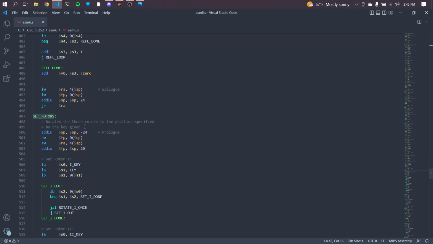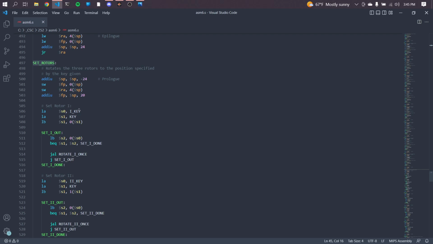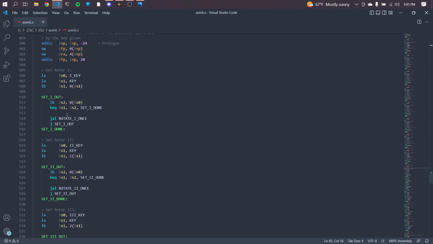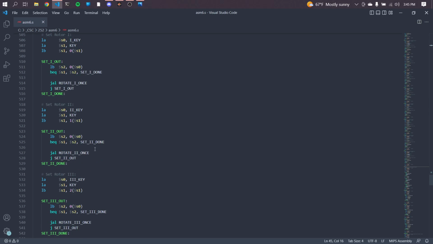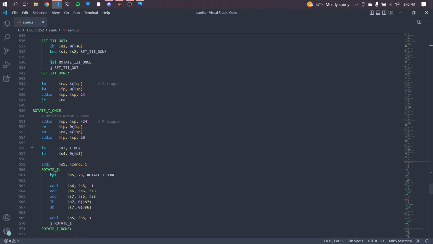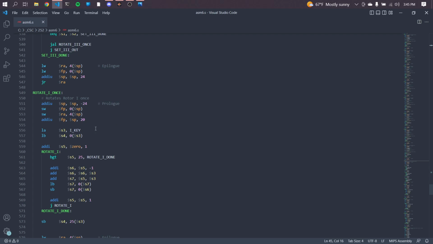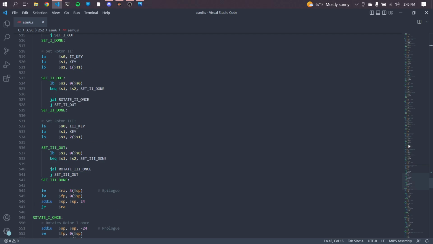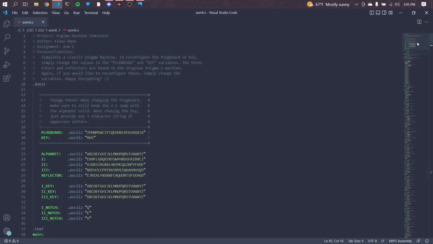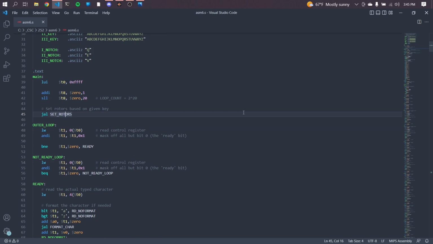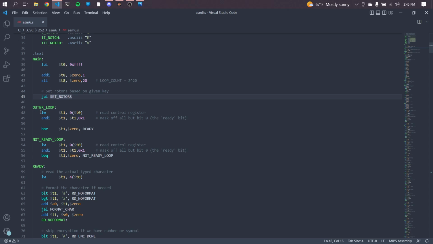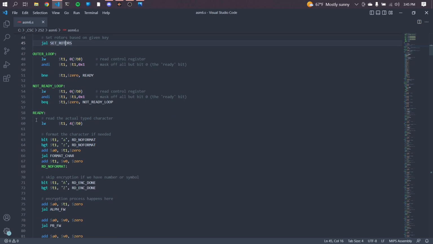Yep. It's just going to rotate them to the position that we specified with the key, and it uses this rotate once subroutine as well, which all that subroutine does for each of the rotators is basically make one full rotation of the entire key. Let's get back to the code. Basically what we're doing here is we're going to load the actual character that we have once we're ready, and I basically just ripped this off of the example that Russ provided in the spec